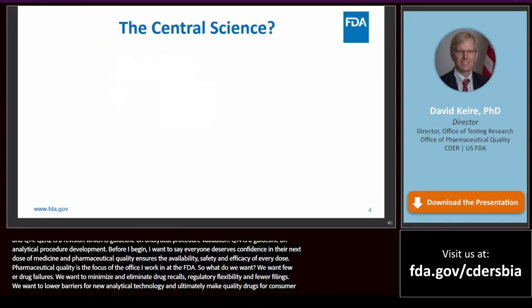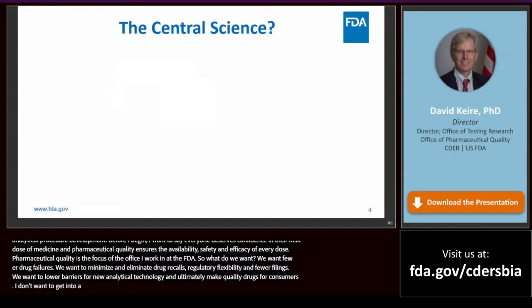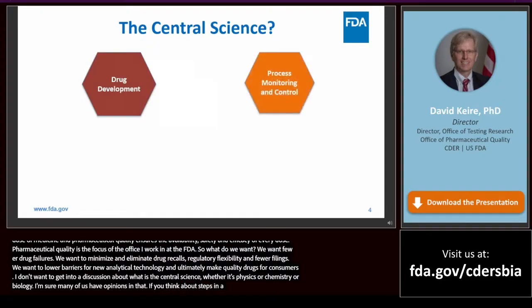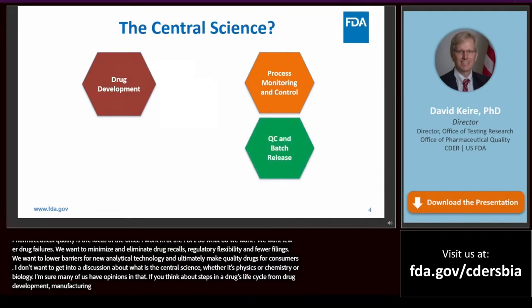Now, I don't want to get into a discussion about what is the central science, whether it's physics or chemistry or biology. I'm sure many of us have opinions on that. But if you think about steps in a drug's life cycle, from drug development to manufacturing process monitoring and control, to quality control and batch release, and ultimately post-approval surveillance,